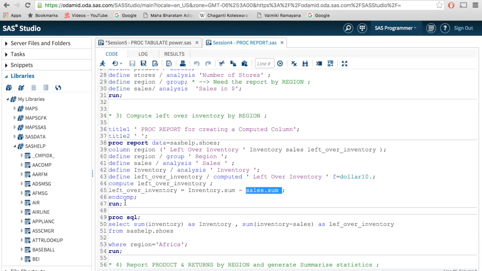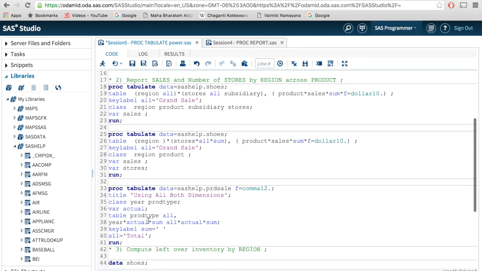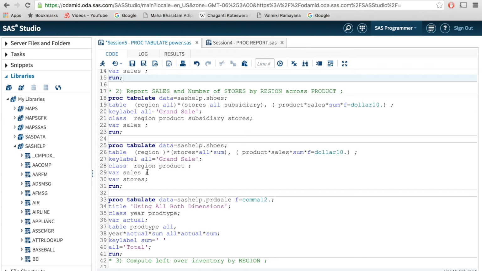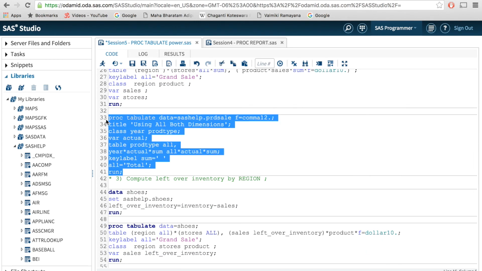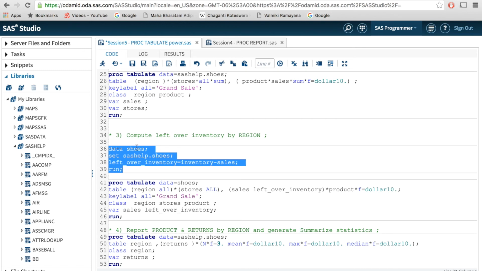So likewise we got this new column without doing any calculations in another step. Such a compute feature is not there for TABULATE. Then how we can do that is, before going into the report section, we are creating another data set, a work data set,